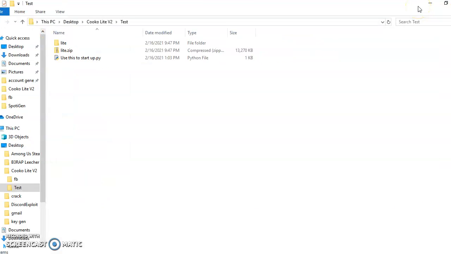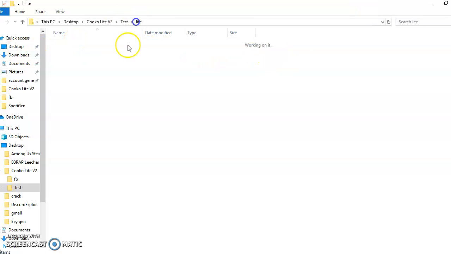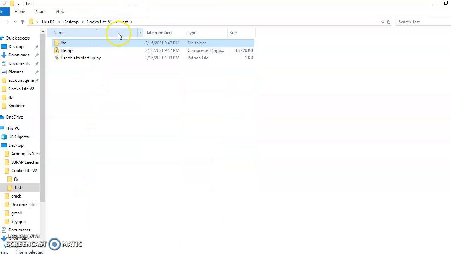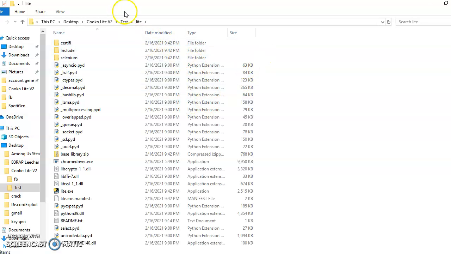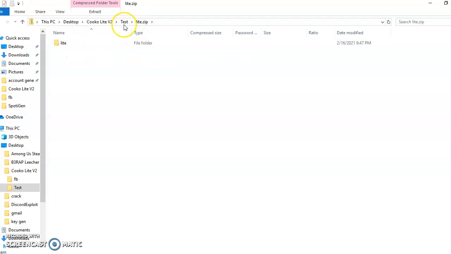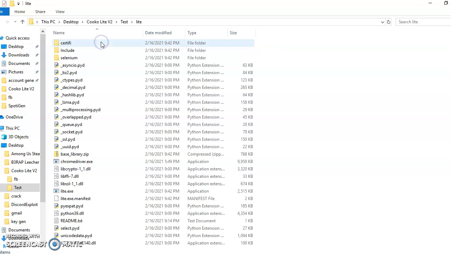Today I'm going to be showcasing Cooko V2, V3 technically is what it goes by now. So basically, you're going to download this zip from the link below, and make sure it's on the Discord server. You're going to take the file out, like here, you see the zip. You're going to drag it out into whatever folder you want it to be. So you're going to open up the folder, and you're going to use this exe right here in a second,